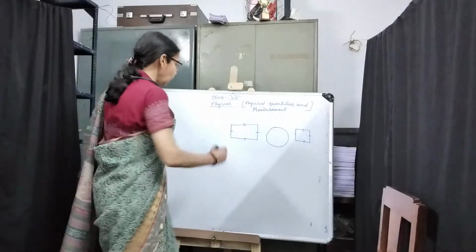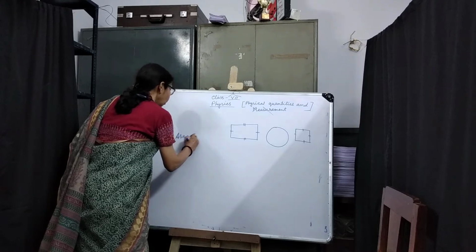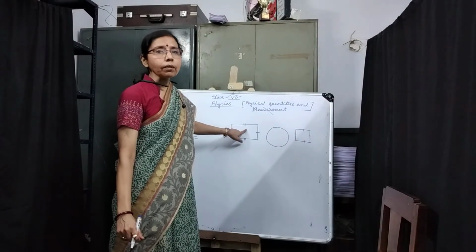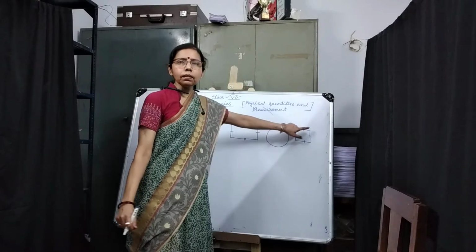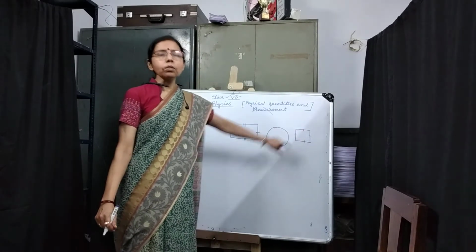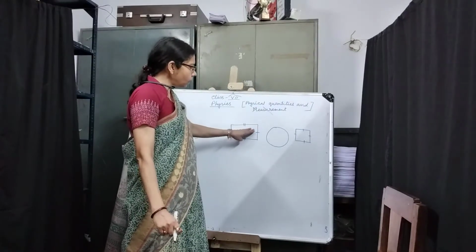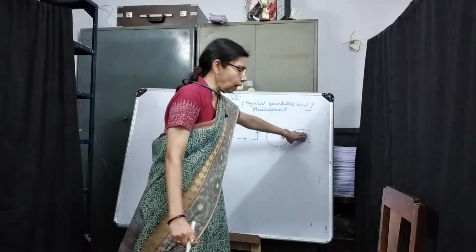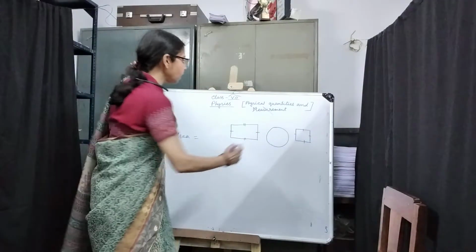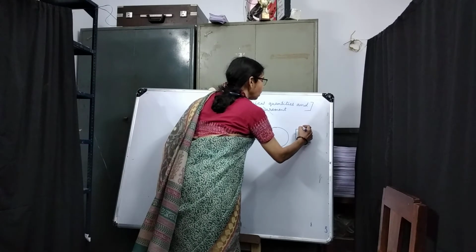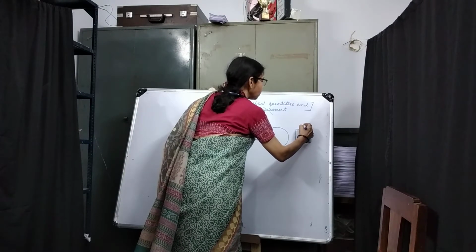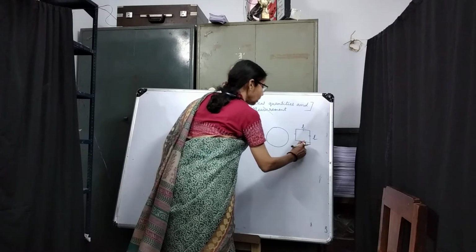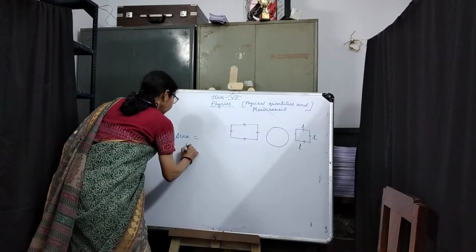In all these cases, these are the area. It is a cube, a rectangle, a circle, and maybe a square. In these cases, the total surface which is enclosed is known as the area. But we get different formulas in different cases. If the length is L, then the area in case of a square is